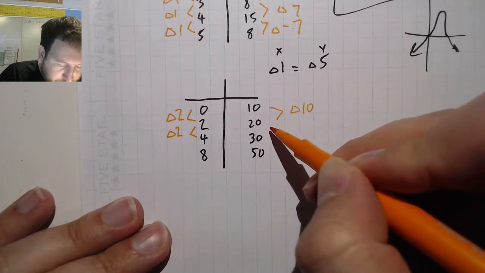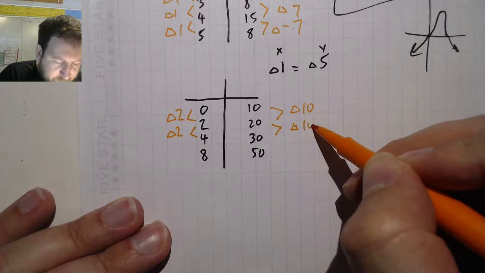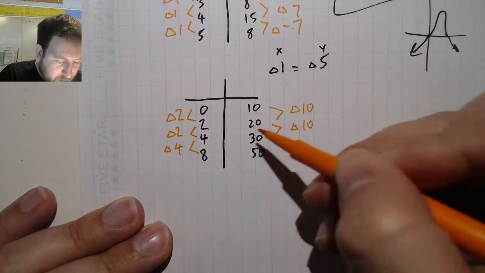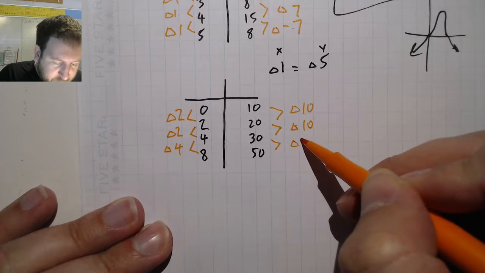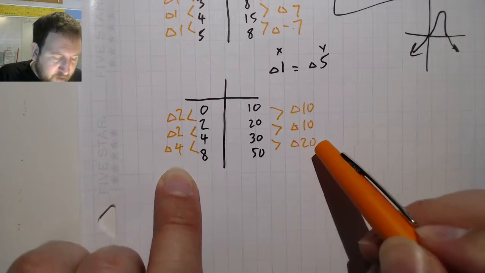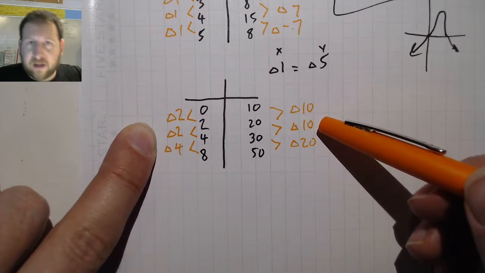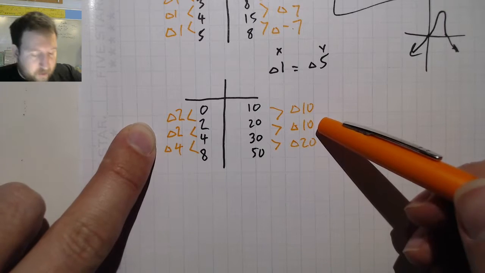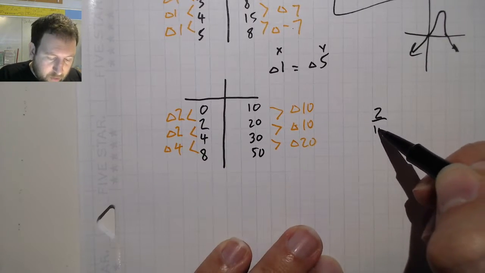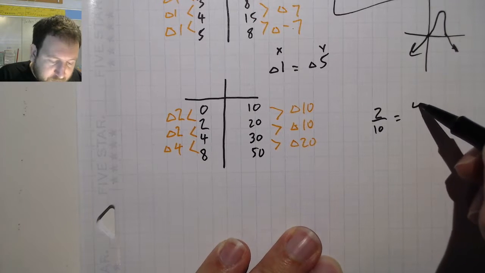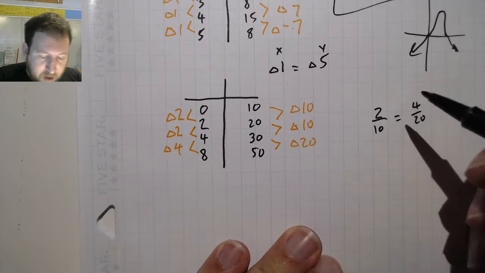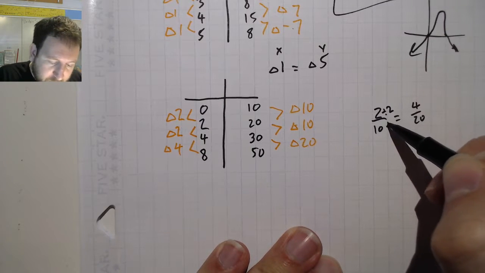A change of 2 is a change of 10. Okay, that works out. And a change of 4 is a change of 20. Okay, so now that I have a change of 4 and a change of 20, is that the same as a change of 2 and a change of 10? Well, yes it is, because if I wrote this as a fraction, 2 over 10, I could set that as equal to 4 over 20. And in fact, those two changes are the same, because I can simplify both